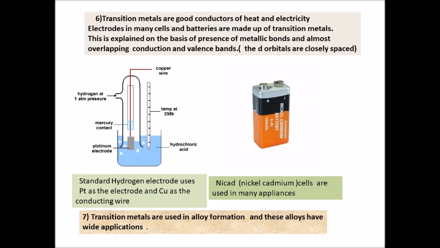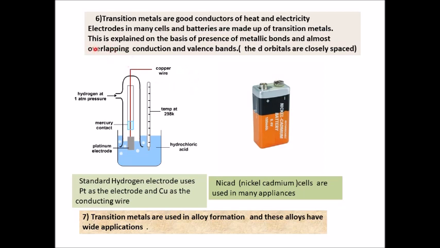The next is that sometimes these alloys are also formed when the central metal atom can be replaced by another metal atom of the same transition element, or by other elements of the p block, that is, metallic elements, if the atomic radii are similar. We'll soon come to it.